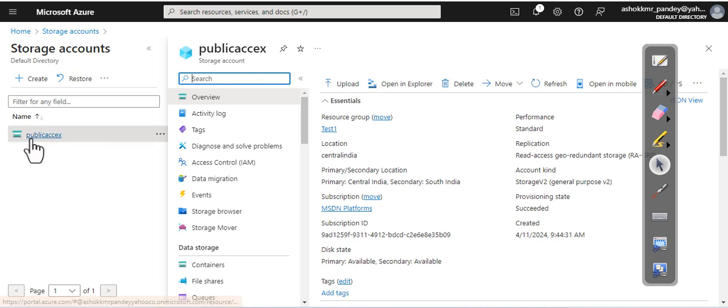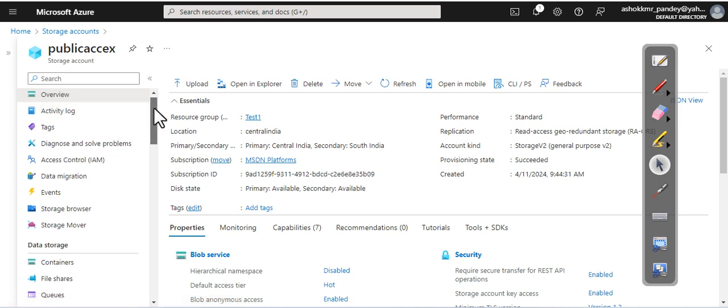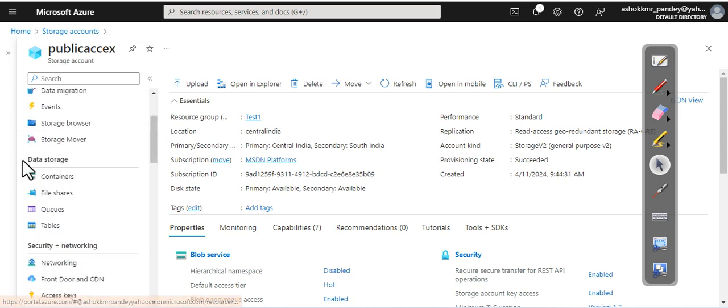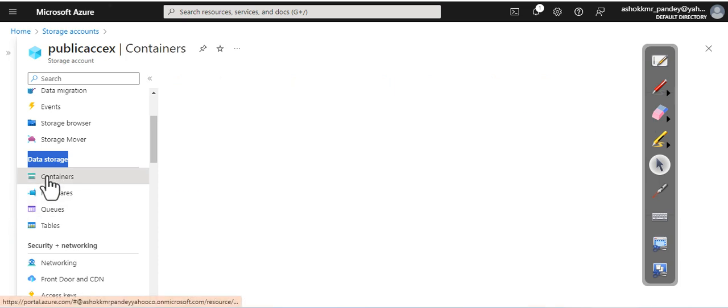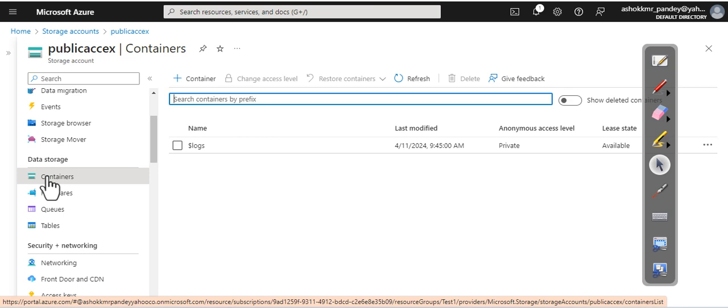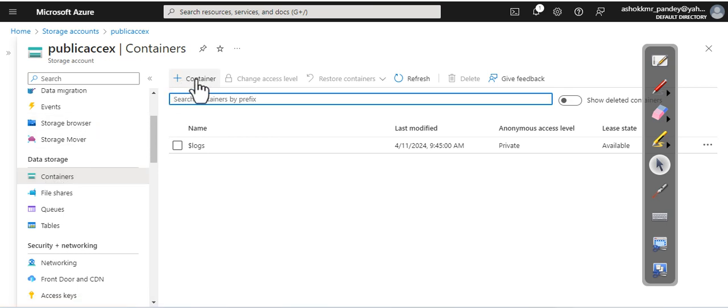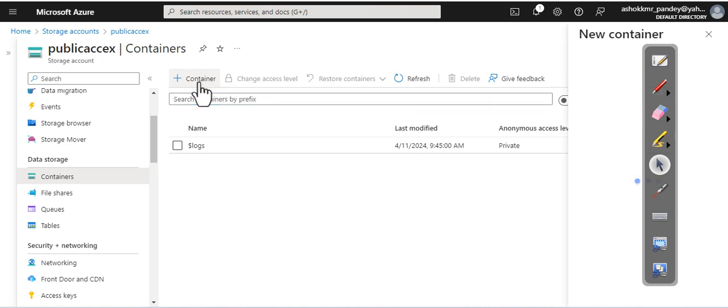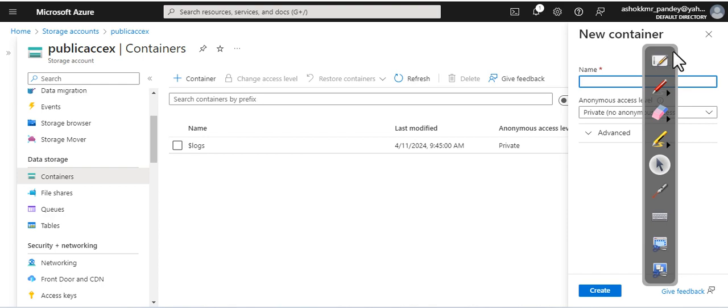When you click on your storage account, you can see under data storage we have the containers. So click on the container, and here you see the plus container, which means you can add other containers. Now I click on that one,